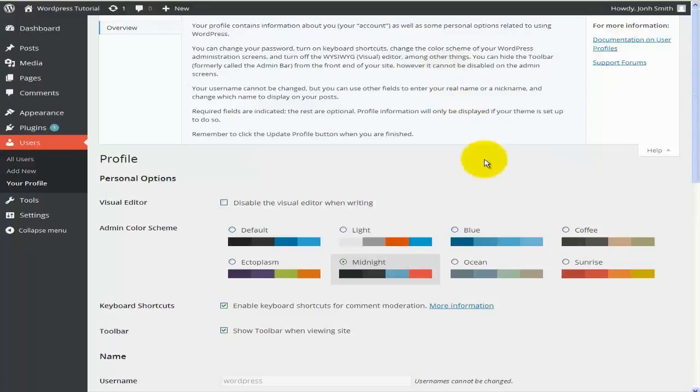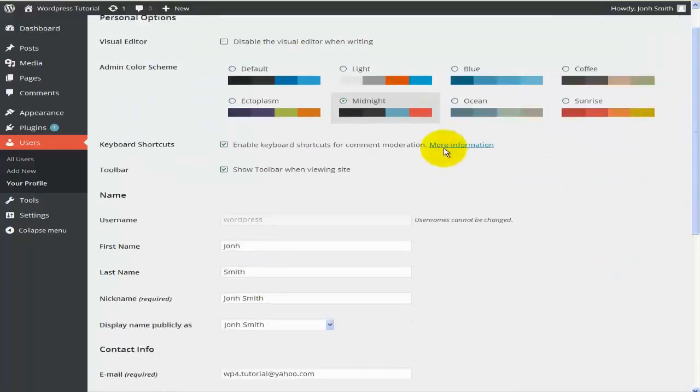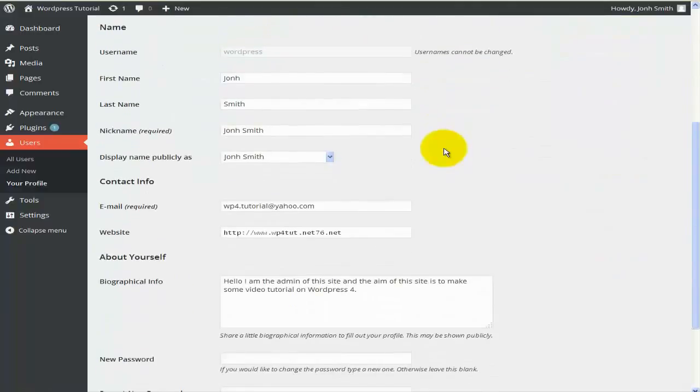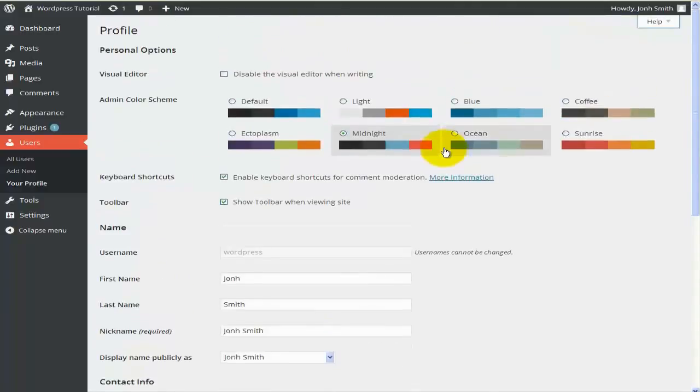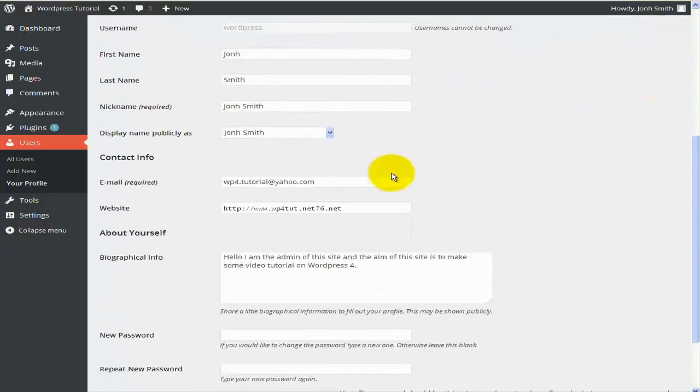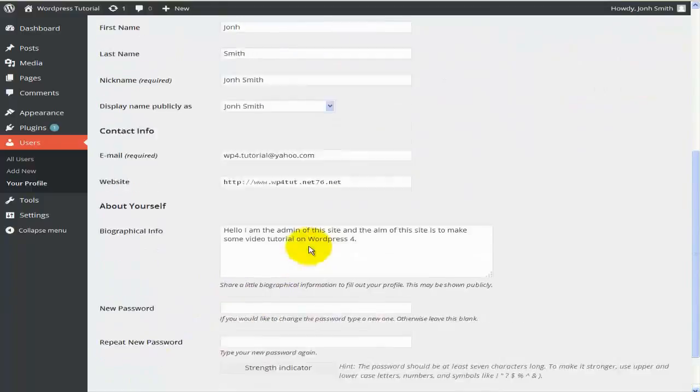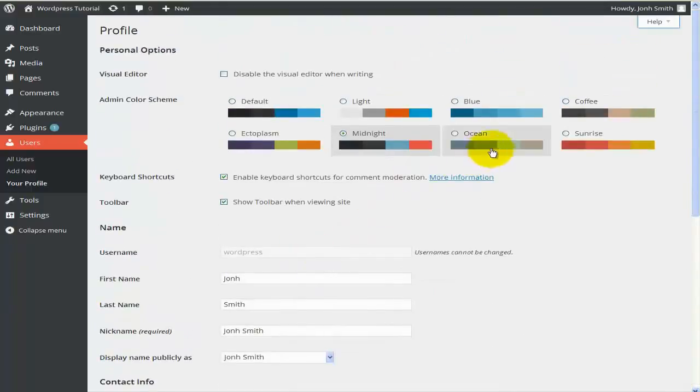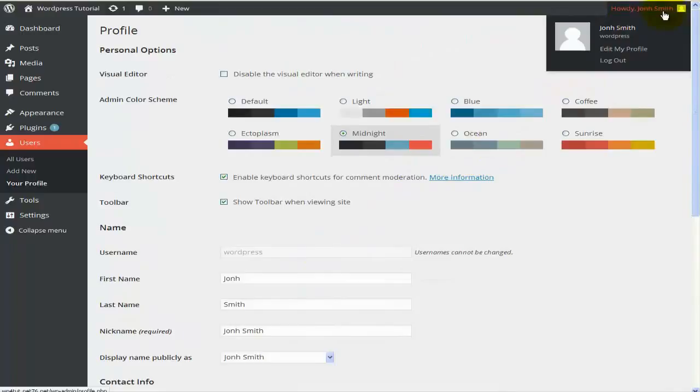Alright, so this was a very quick tutorial on how to go about setting up, first and most important, the actual user profile, the admin profile. And I would strongly suggest you do this before you actually go into building the web page. So once again, you will log in as the admin, you will come to the profile page, your profile, and here you have all the options. As soon as you hit update profile, you will see that it will change, and from now on you'll be known to the outside world as